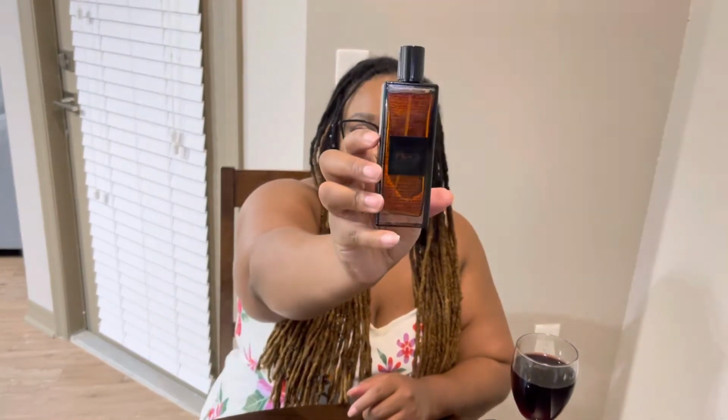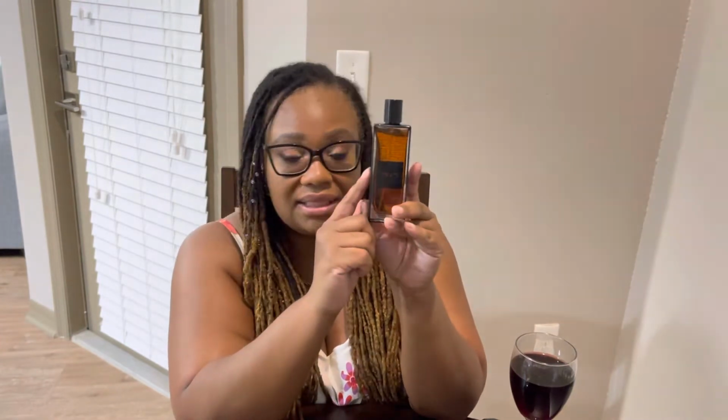Anyways, moving on, we're gonna stick in the vein of Middle Eastern fragrances that I recently acquired. And this is Pekji is the brand, and Ruh is the name of the perfume. Now, babies, let me tell you something. This is not for the faint of heart. If you don't have the confidence, the personality to pull this off, if you are one of those where you don't want all the attention on you, if you don't want your fragrance to stand out,